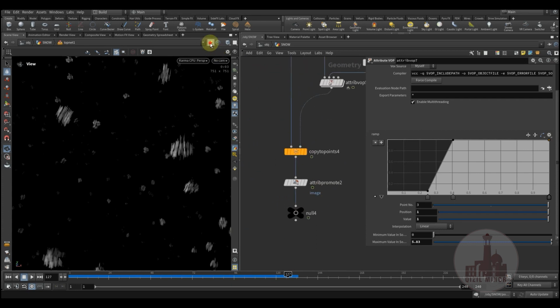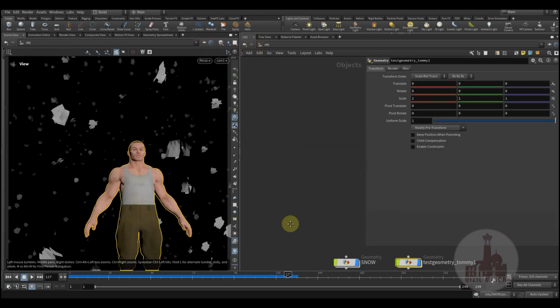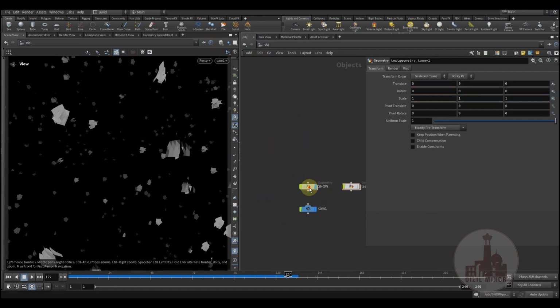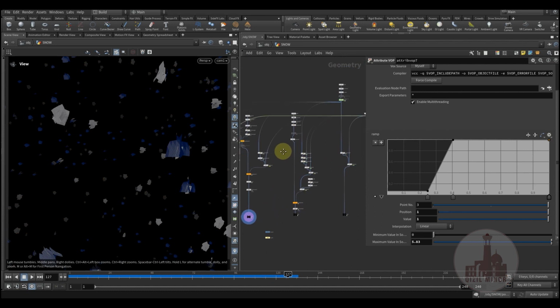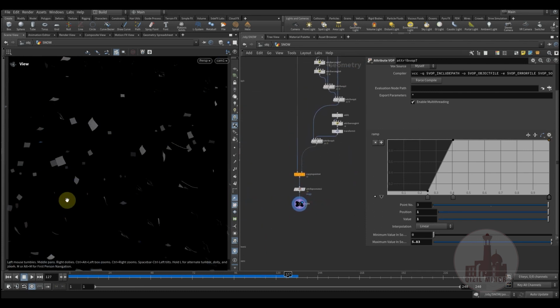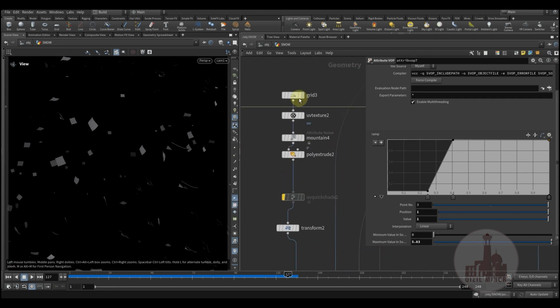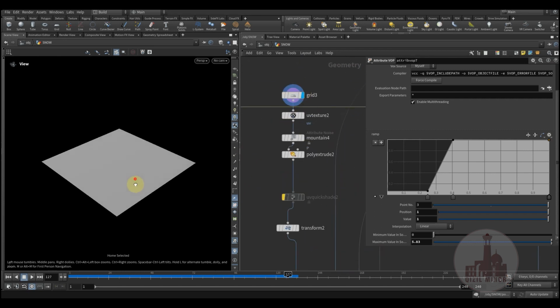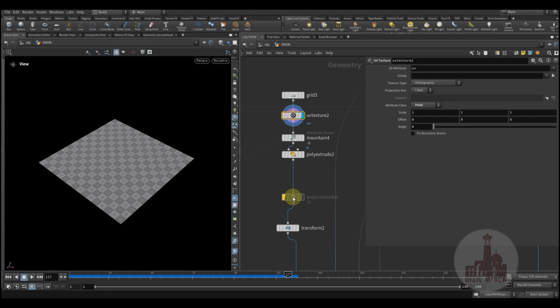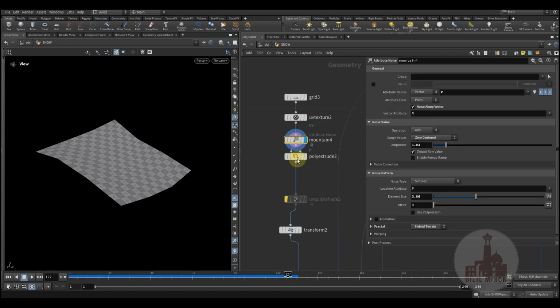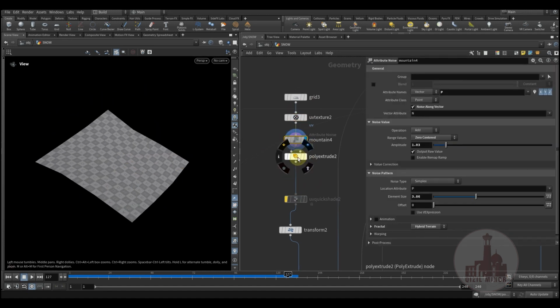And the next one, okay, here we have our reference. The next one where we're using simple cards as the snowflakes. All right, so here I have a grid with UV texture and some